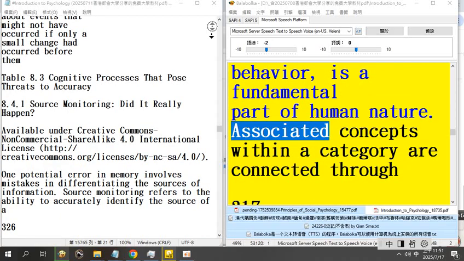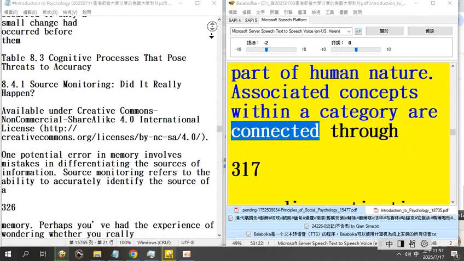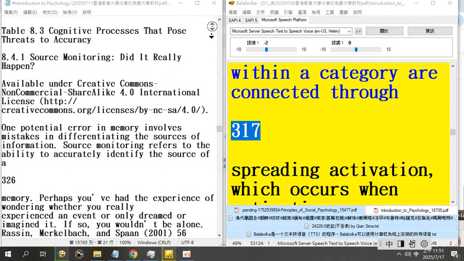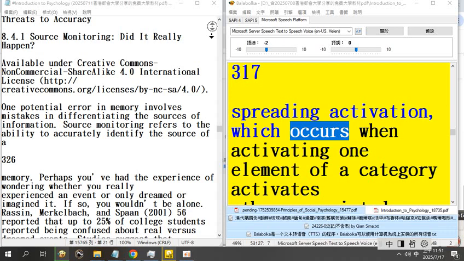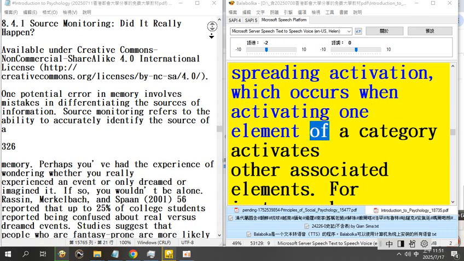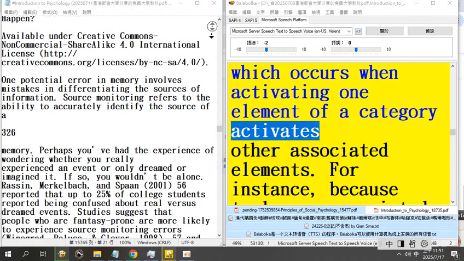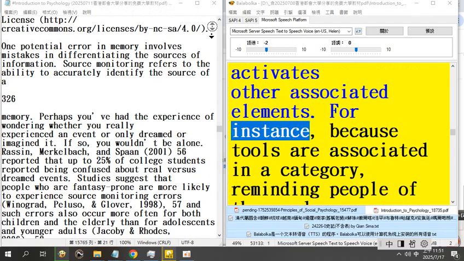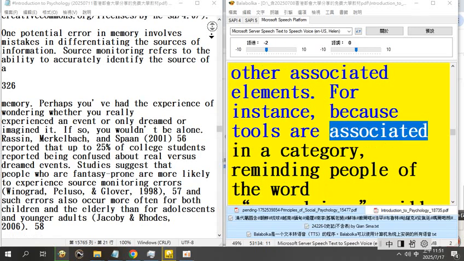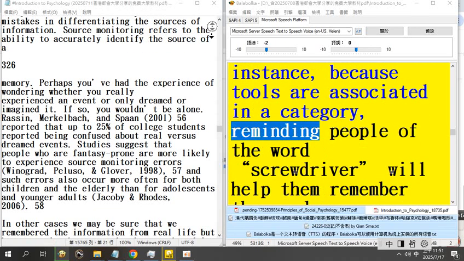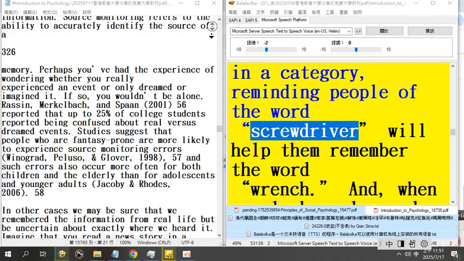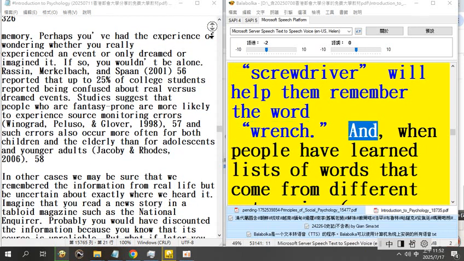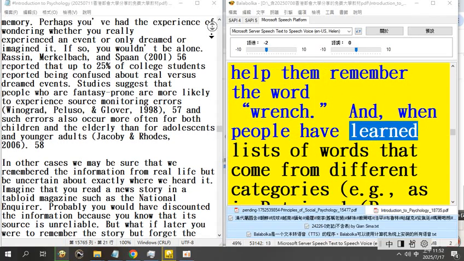Associated concepts within a category are connected through spreading activation, which occurs when activating one element of a category activates other associated elements. For instance, because tools are associated in a category, reminding people of the word screwdriver will help them remember the word wrench. And, when people have learned lists of words that come from different